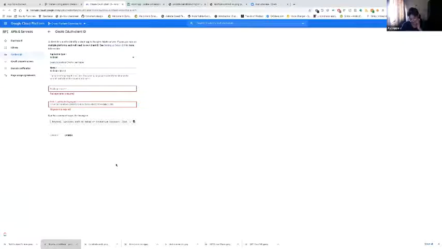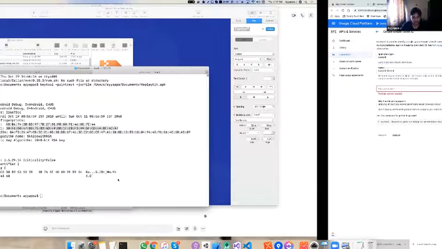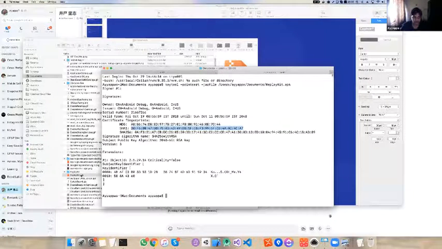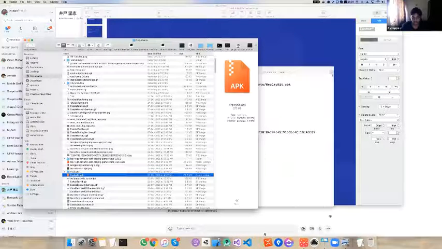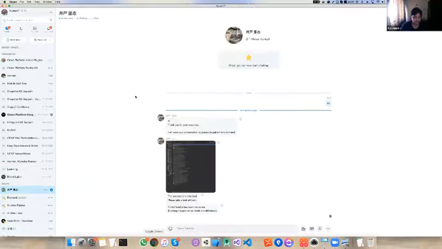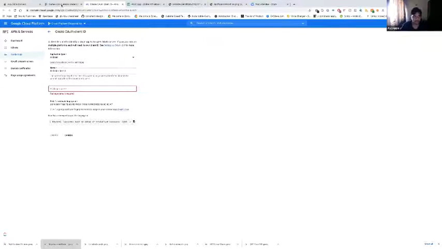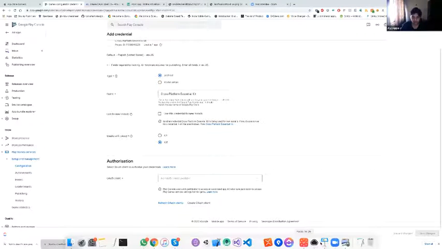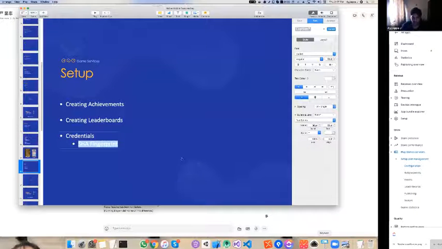Once you enter it, it means that when the player tries to log in with this particular APK and tries to authenticate, since this SHA is already there in the Google servers, it will say that this APK is allowed to use the Google services. That's how the credentials work. So whenever you see the sign-in failed error when trying to authenticate, make sure you set up the fingerprints properly.